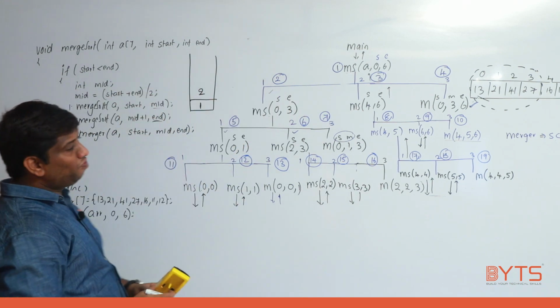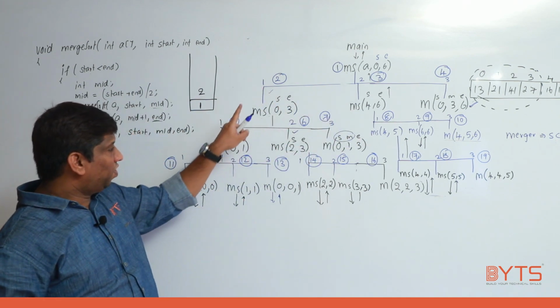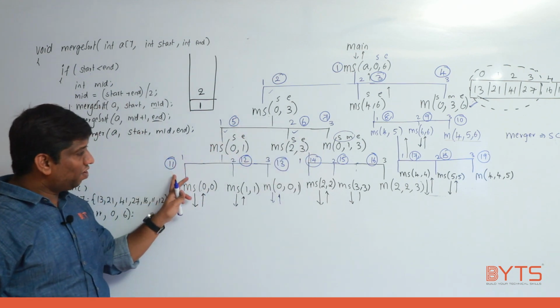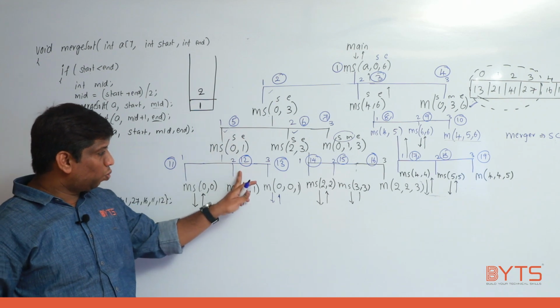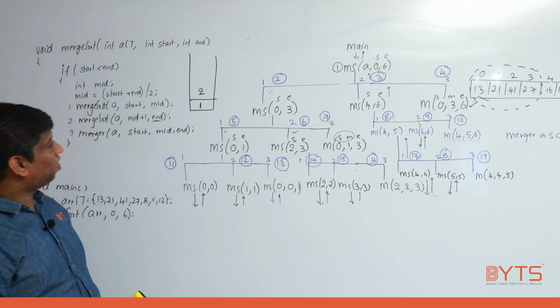Now see, when will you come to the third function? If 2 is completed. When 2 is completed, if it is calling 5, 6, 7, again 5 should call in turn 11. 11 is completed, then only I will come to 5. Again 5 is in turn calling 12. 12 is completed, again I will come to 5, and again I need to come to 13. That's how the recursion is happening.